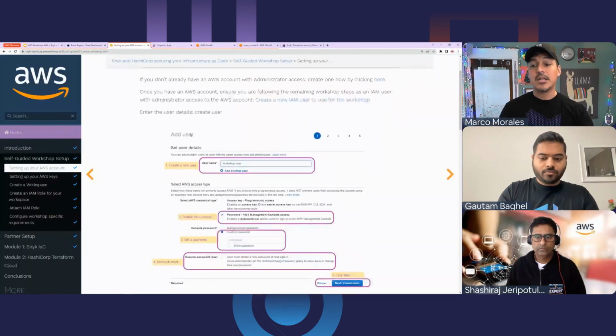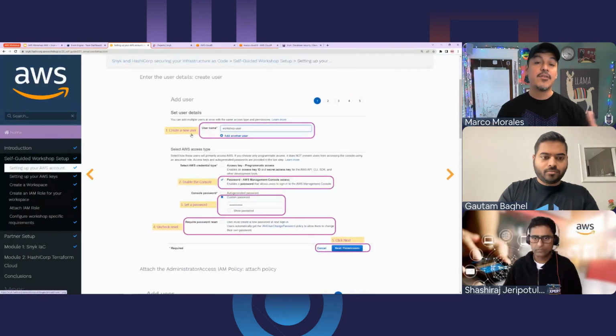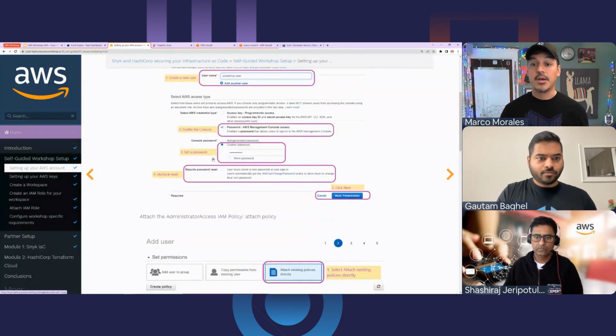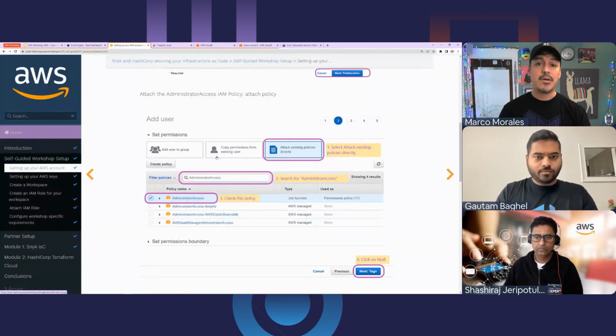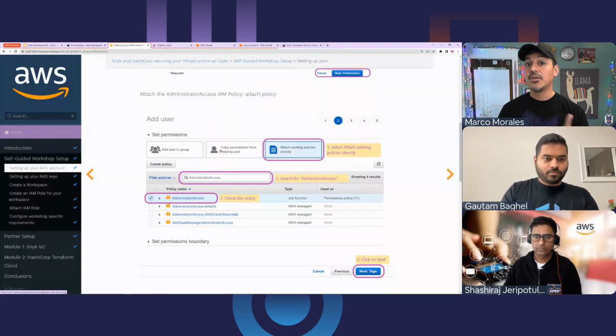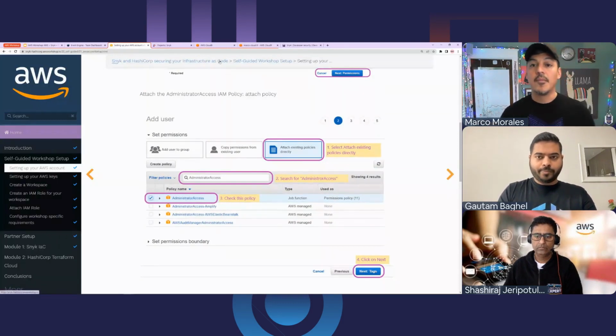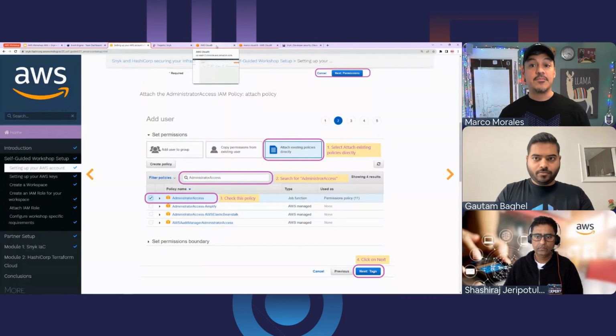This part here about setting up your account is something you already have. If you see AWS keys in your setup, make a note of those because you'll need them later for Gotham's exercise when he does Terraform Cloud. But this is all about setting up your account and attaching policies. Let me make sure that my user has the administrator access IAM role.